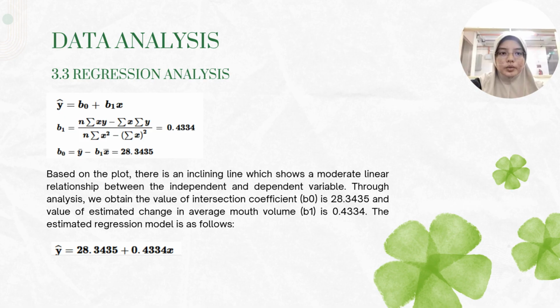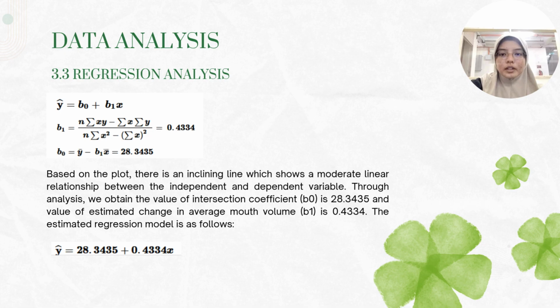This equation is to find the line for the previous graph. So this is the equation that we use. Based on the plot, this is the fitted line, which shows a moderate linear relationship between the independent and dependent variable. Through analysis, we obtain the value of the intercept coefficient is 28.3435 and the value of the estimated change in average mouth volume is